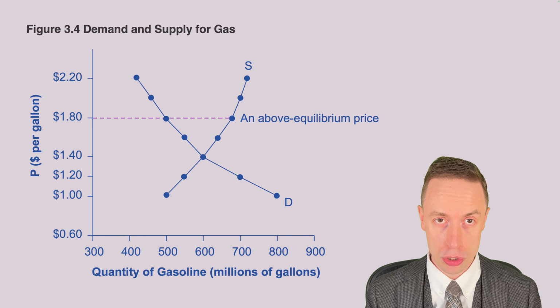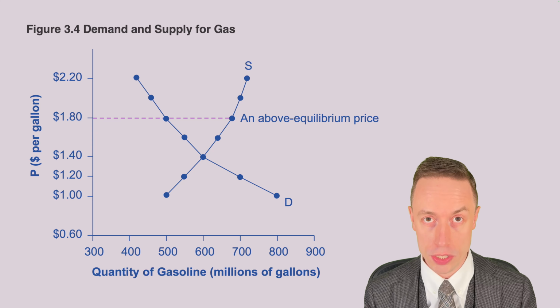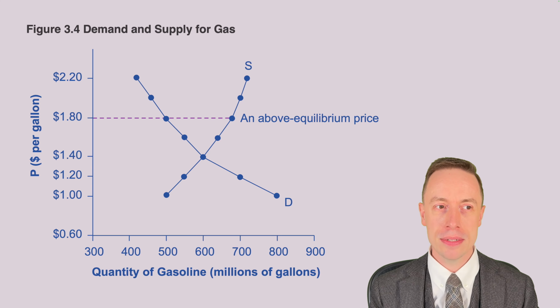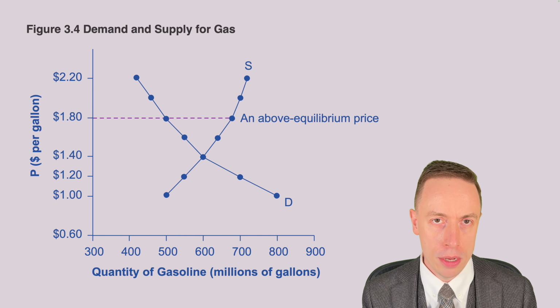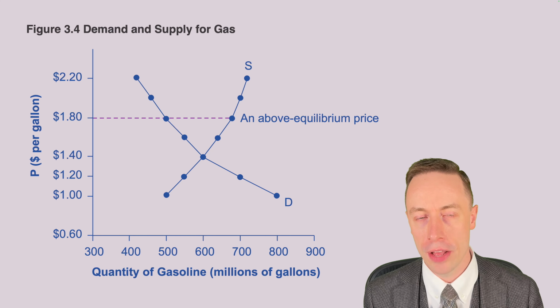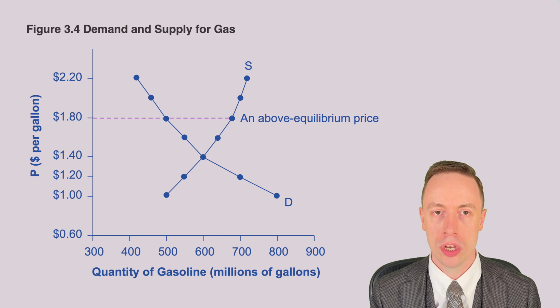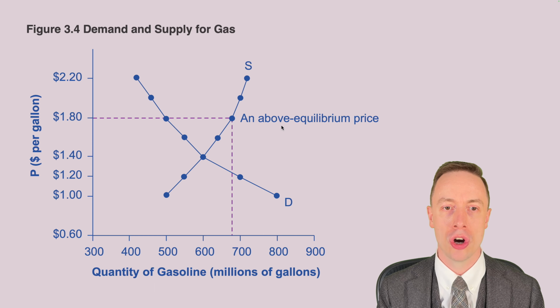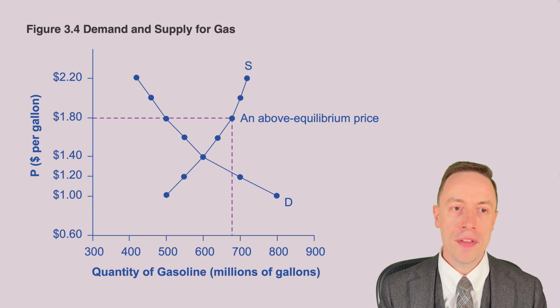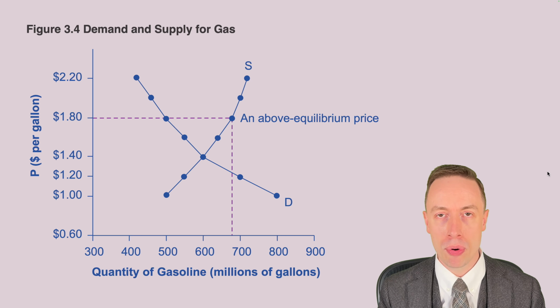So economics is a social science. Weird stuff can happen, but this sort of price is not going to be very stable. Because let's have a look at the resulting quantities. First, we look on the supply curve. So here at $1.80, we're seeing a quantity of 680 million gallons. On the other hand, we check the same price over on our demand curve, we find a much smaller quantity,